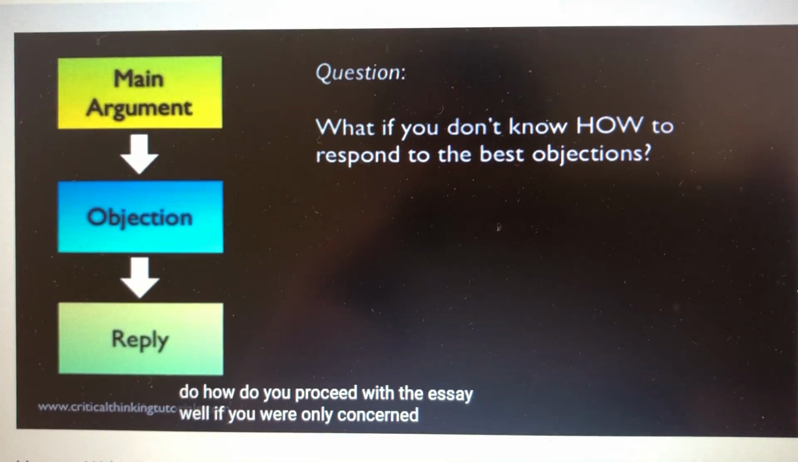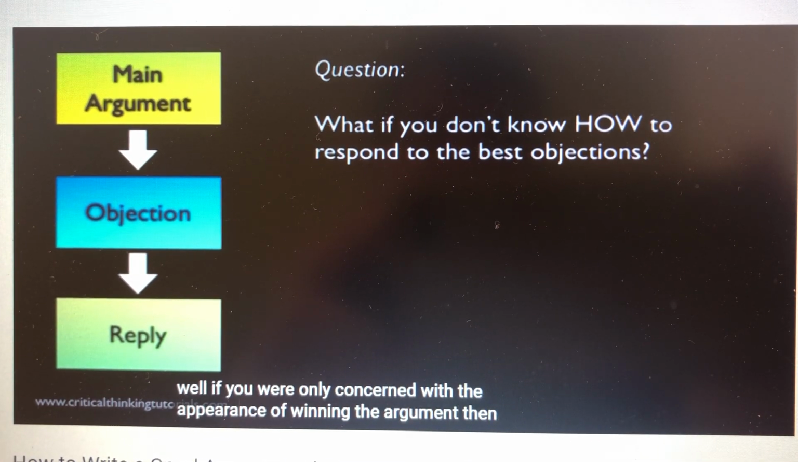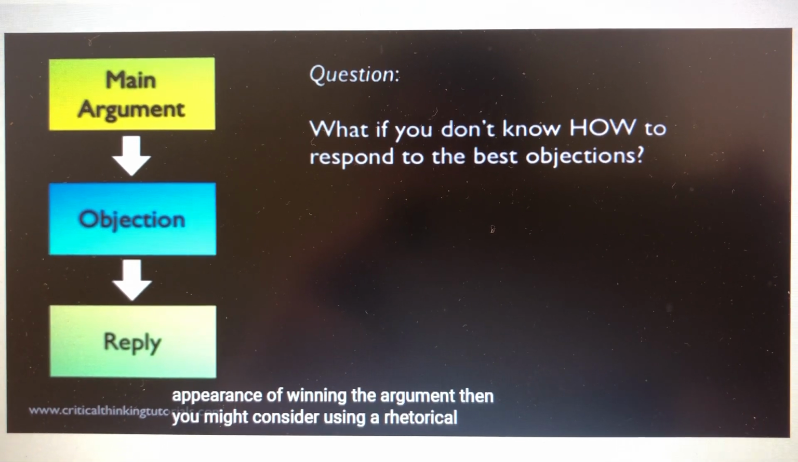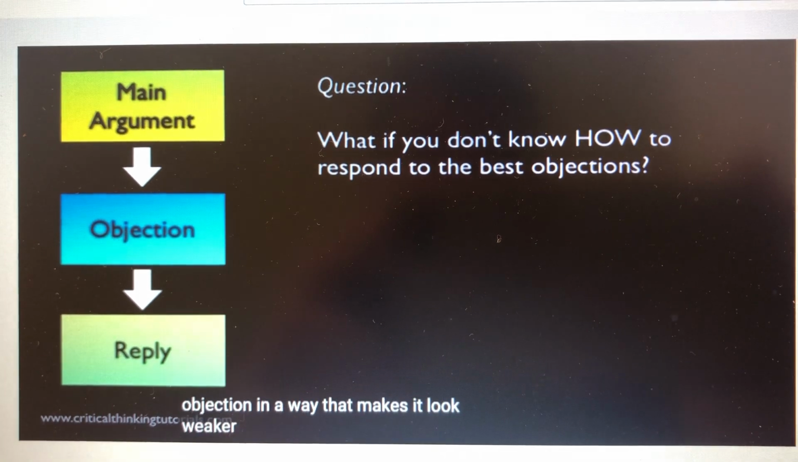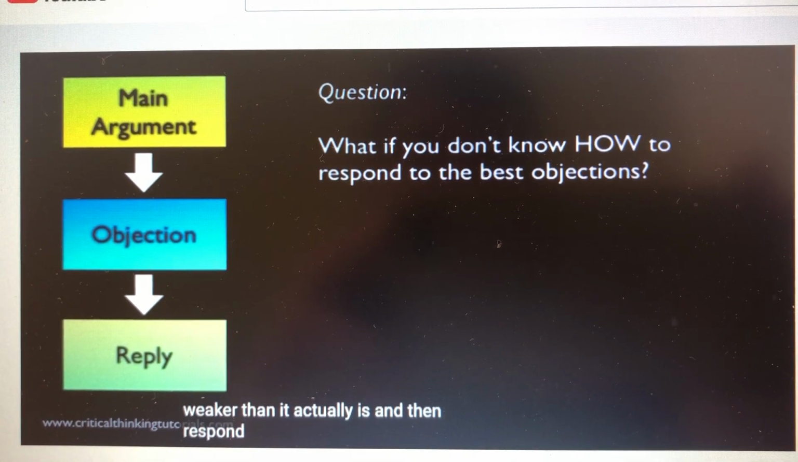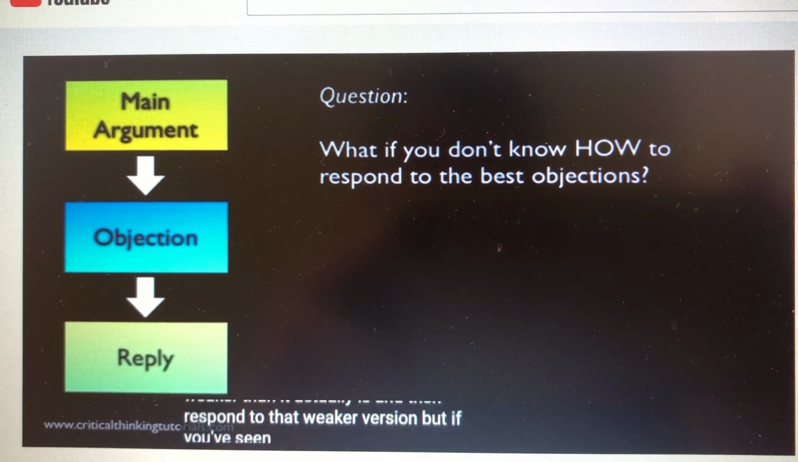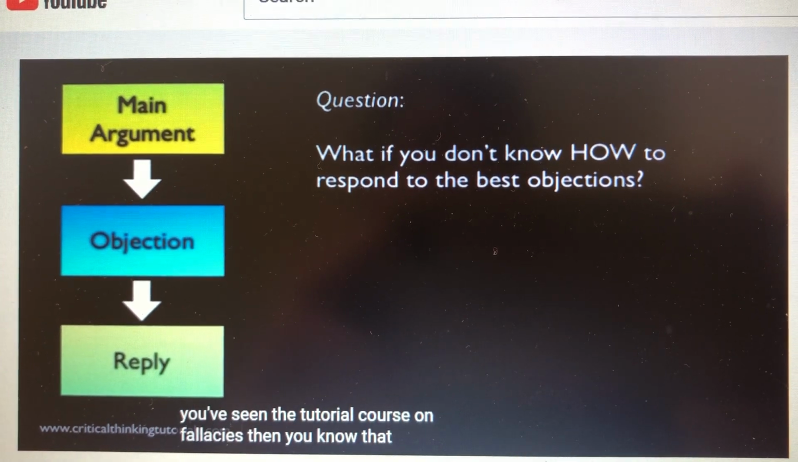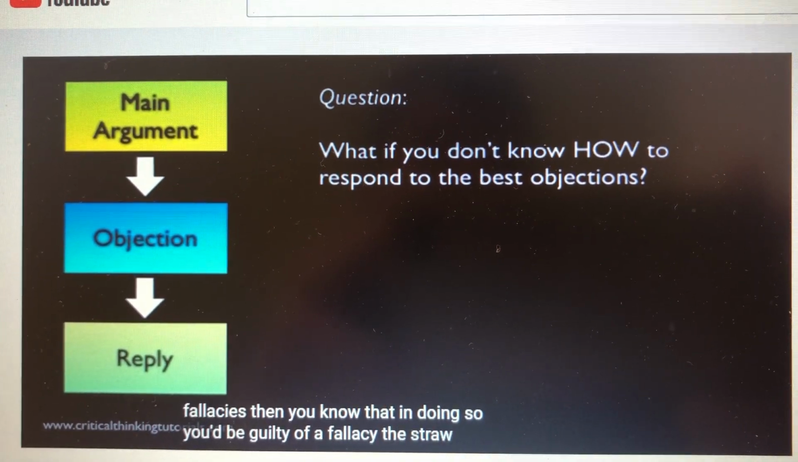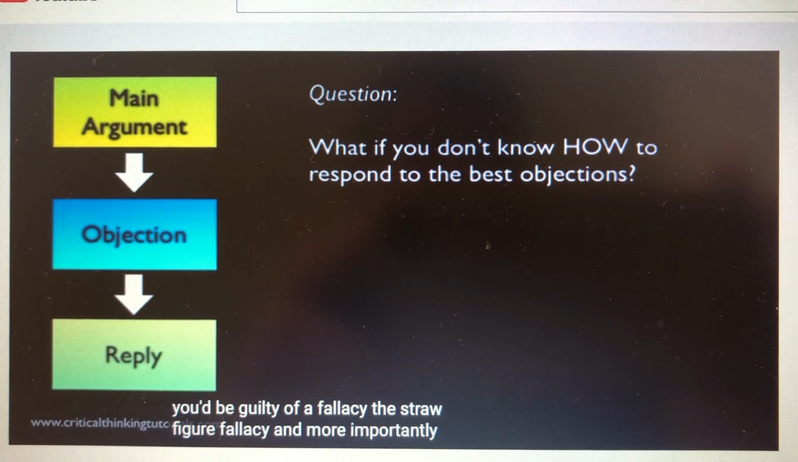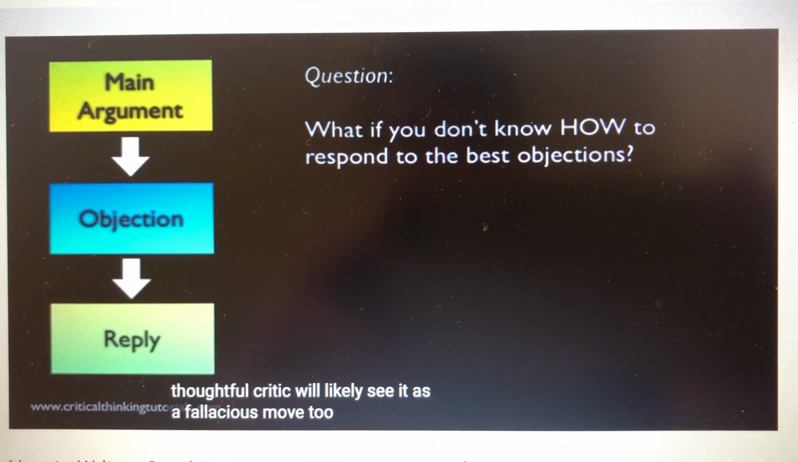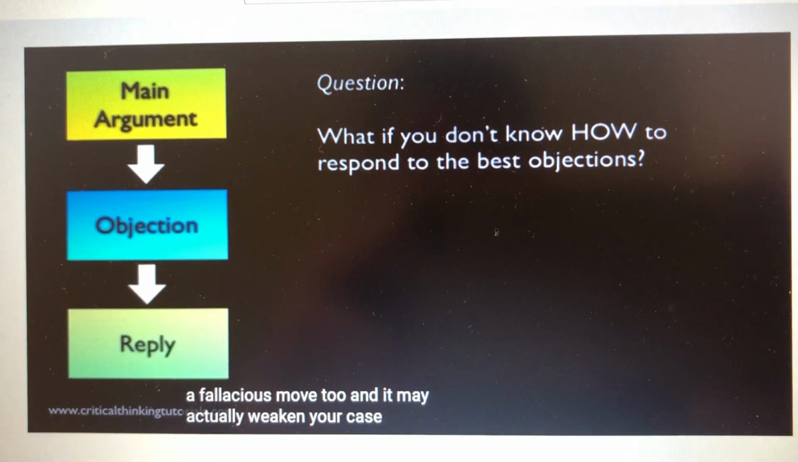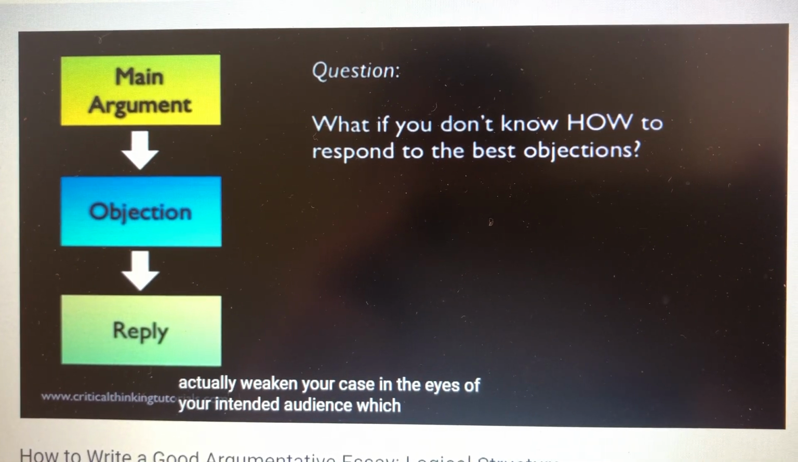Well, if you were only concerned with the appearance of winning the argument, then you might consider using a rhetorical device like misrepresenting the objection in a way that makes it look weaker than it actually is, and then respond to that weaker version. But if you've seen the tutorial course on fallacies, then you know that in doing so you'd be guilty of a fallacy, the straw figure fallacy. And more importantly, a thoughtful critic will likely see it as a fallacious move too. And it may actually weaken your case in the eyes of your intended audience,